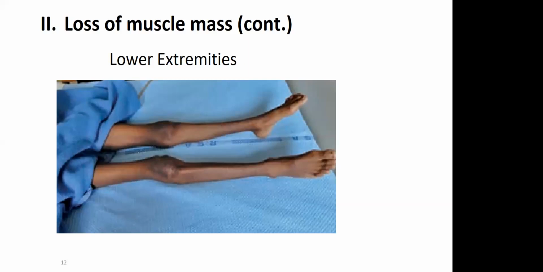I can see the third poll question: an assessment finding of +2 pitting edema would characteristically be described as what, in terms of the duration of pitting? Is it a duration of pitting of 16 to 30 seconds? Would you say it's less than 15 seconds? Would you say it is more than 60 seconds? Is it 31 to 60 seconds? Is it a duration of 5 to 10 seconds? And here you can clearly see